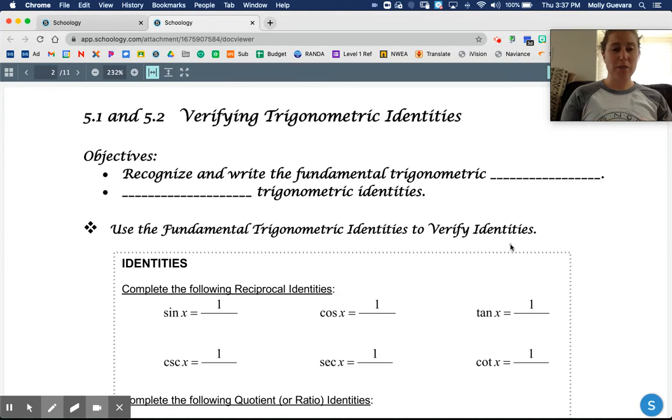So we're going to use fundamental trig identities to verify identities, and I'll show you what that goes through. So 2 objectives: recognize and write the fundamental trigonometric identities. We have talked about these already, but it's just kind of putting everything into one place. And then we're going to verify trig identities, meaning we're going to be given a statement and we just want to verify that that statement is true. Okay,